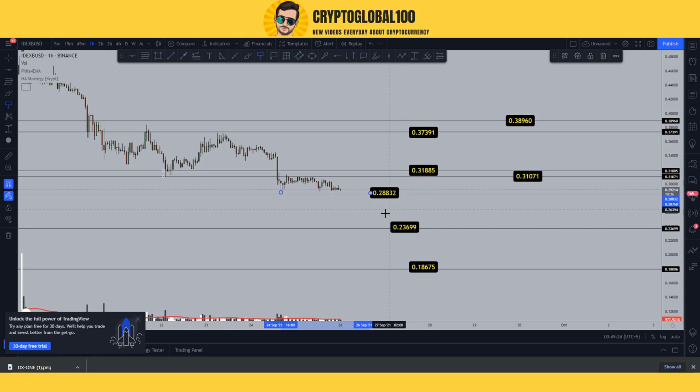So guys, low volume, maybe accumulation going on as well. So try to find a level. If you see small candles with the same parallel levels, then we can say this is an accumulation zone. So that's it from my side, guys. That was the price analysis of Idex coin.